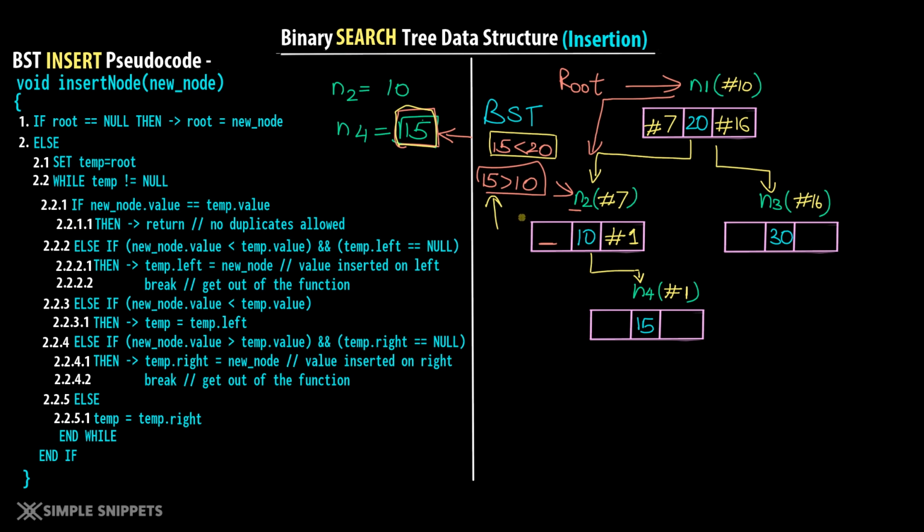Now with that basic understanding, let's see the insert node pseudocode and try to dry run this step by step and see the different conditions which will mimic this kind of working, because of course we need to write a code, right? And in order to write a code, we need some set of instructions which follows this behavior, which helps us to traverse to different nodes and then append a new node, right? So for that we need a step-by-step process, and that is what a pseudocode is. So let's see this pseudocode.